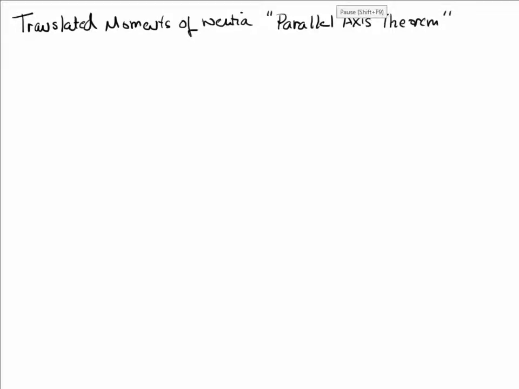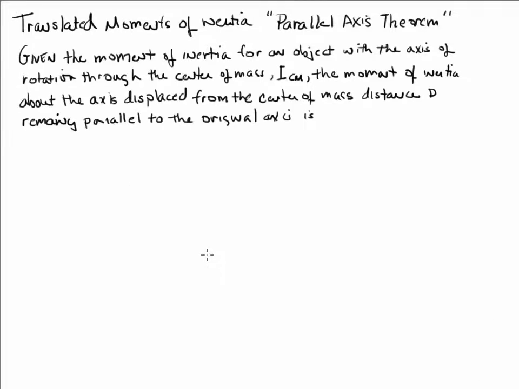In addition to what we covered beforehand about adding and subtracting moments of inertia, there's also a theorem called the parallel axis theorem, which allows us to calculate moments of inertia of an object given that we know the moment of inertia about the center of mass. So given the moment of inertia for an object with an axis of rotation through the center of mass, denoted I sub cm, the moment of inertia about the axis displaced from the center of mass, distance d, remaining parallel to the original axis is